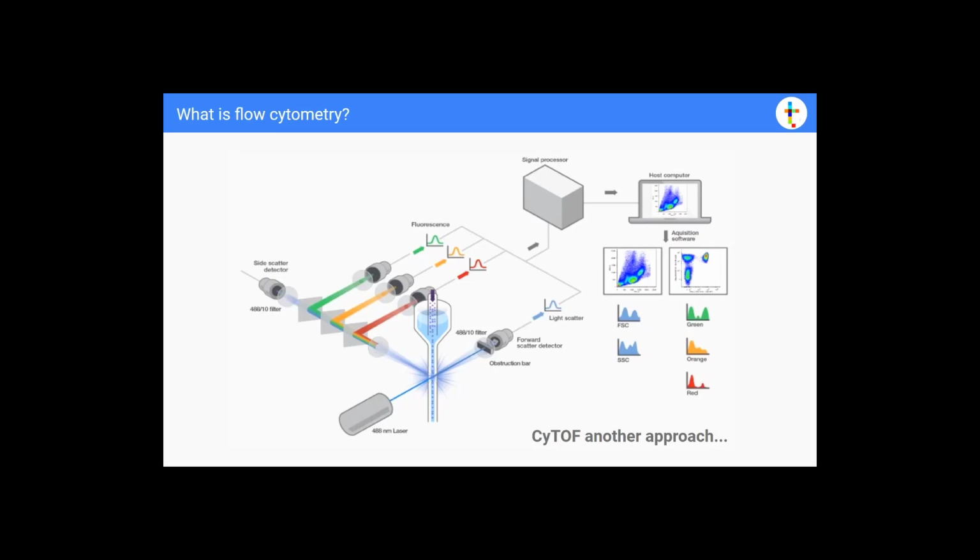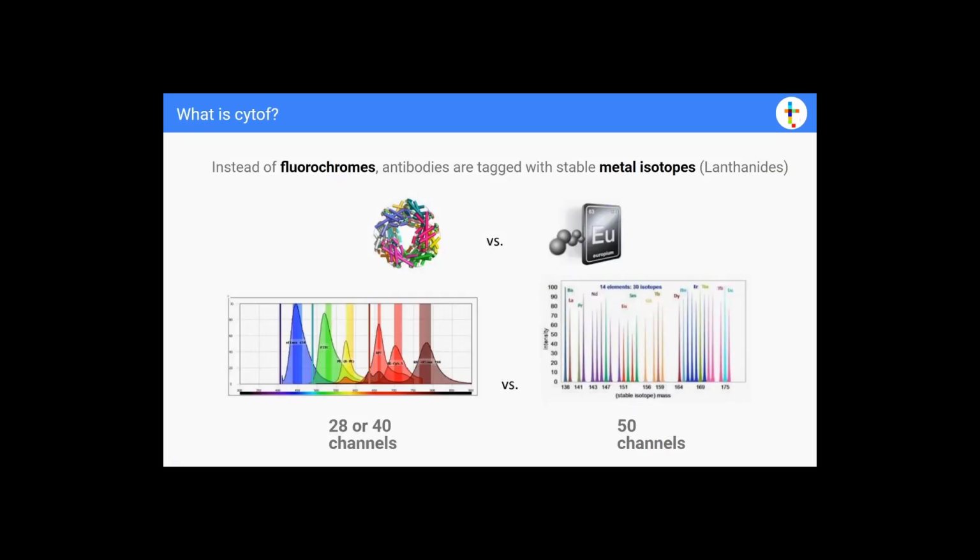So there is another approach, CyTOF, which is an improved system for detection, because instead of fluorochromes conjugated to the antibodies, you're now using metal isotopes. And the advantage in that is that with fluorochromes, when these detectors detect them, the wavelengths that they detect can step on each other. So you can see this spilling over, or these wavelengths, how they overlap, and so that introduces noise into the system. While if you use the metal isotope, you get these sharp